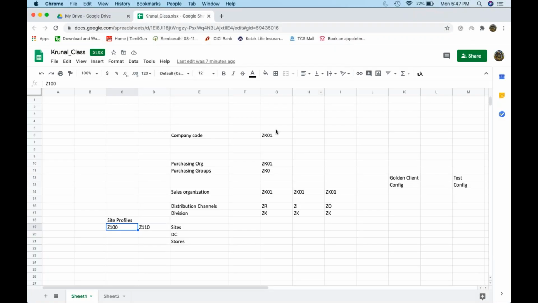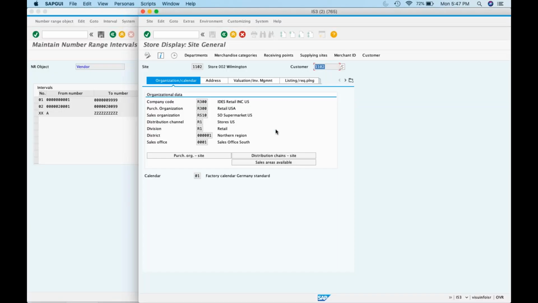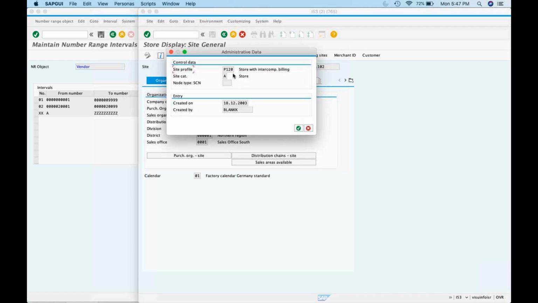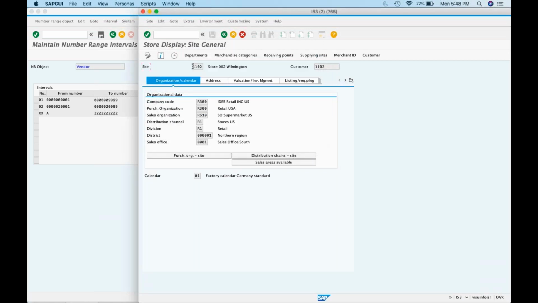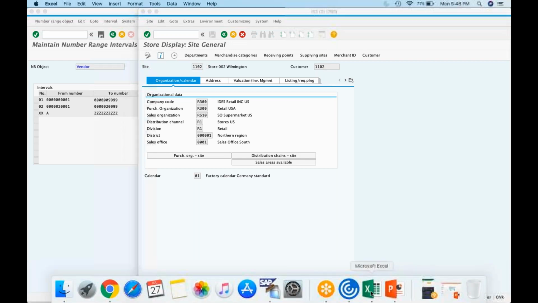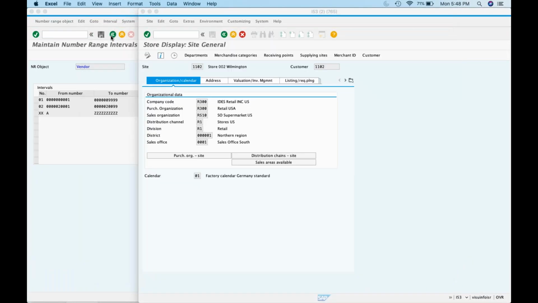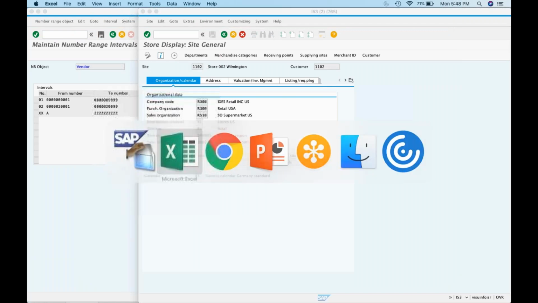Correct, but we have already created these site profiles, Z100 and Z110. This site ID was created using site profile P120. Similarly, we will create a site master using the site profiles Z100 and Z110. Are you with me? Yes, but